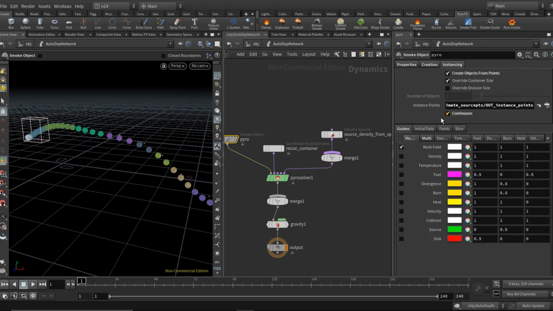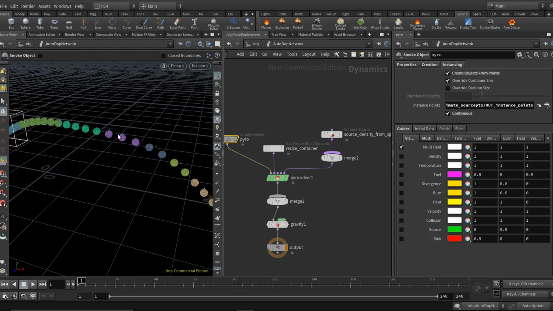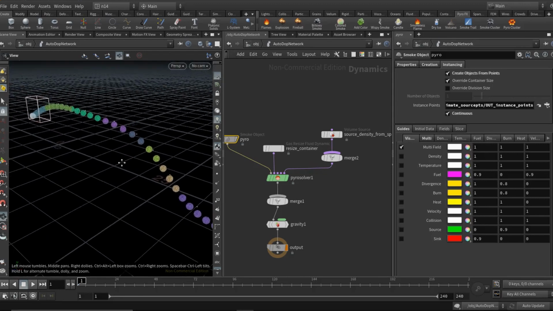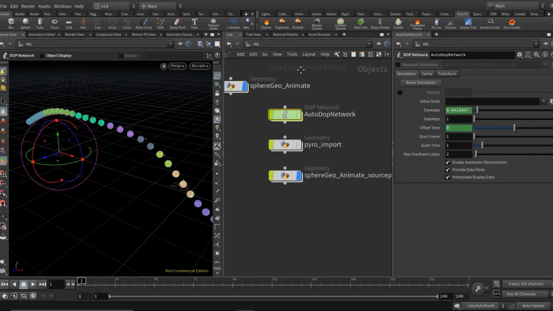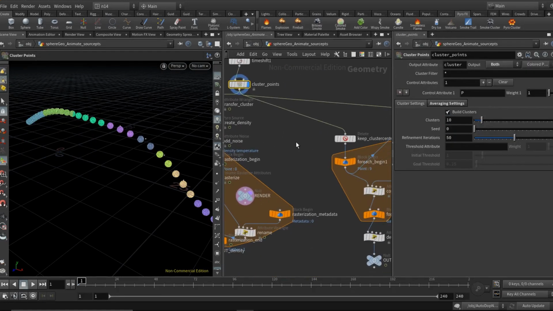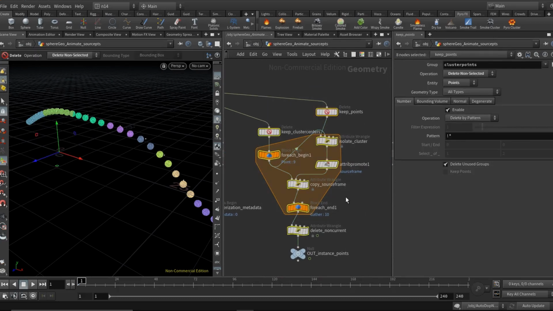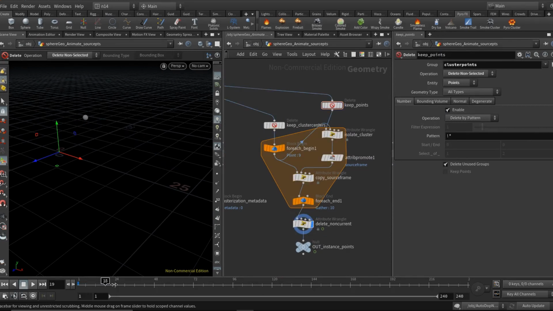The problem now is we'll have to make sure that this instance point, the point from where the smoke object is being instanced, needs to be killed that very moment. Otherwise we'll have a large number of smoke objects created at a single location, and certainly this is not what we want. So back in the geometry node where all this clustering setup is created, you can see that this setup of nodes is responsible for making sure that the moment the source touches any of the points in this cluster, the average point appears, and then at the very next frame it dies.